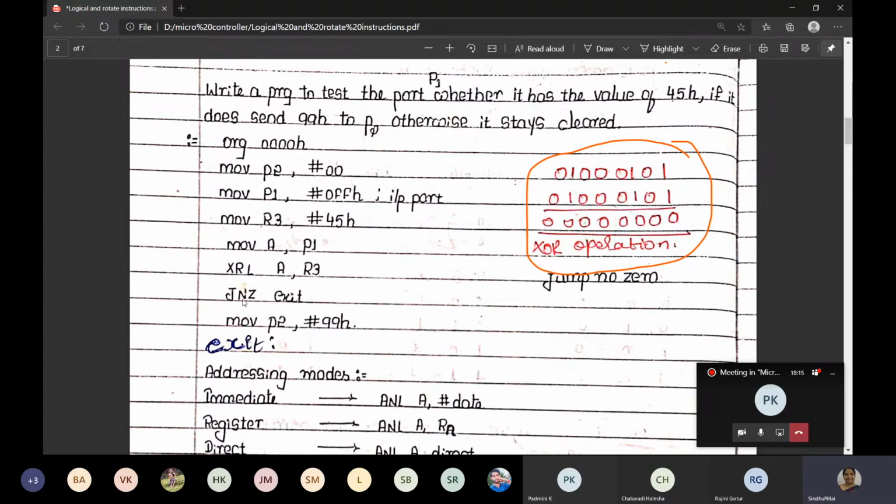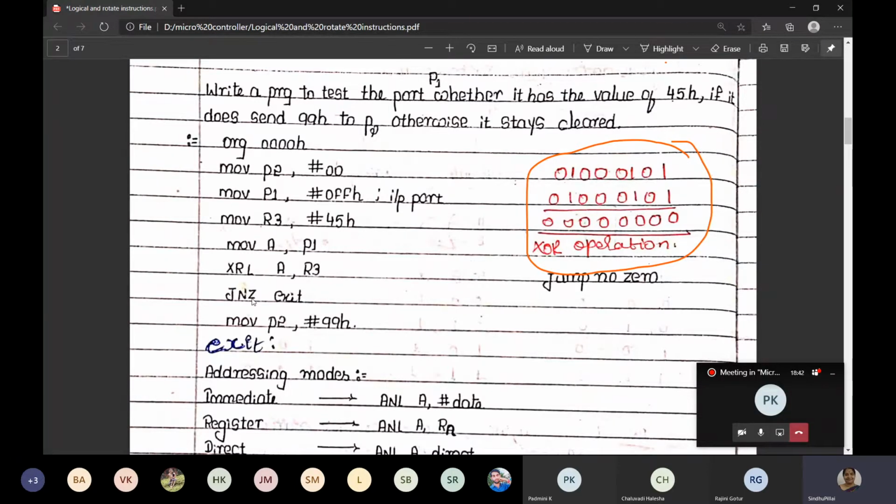See, for this jump on zero, we have not written any destination here. For exit we have written a destination, but which register's content should be checked we have not written. The instruction itself is used only to check the contents of the accumulator. JNZ, jump on no zero, or JZ, jump on zero, is used to check the contents of the accumulator.